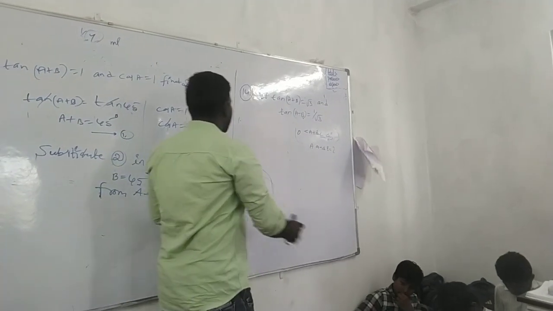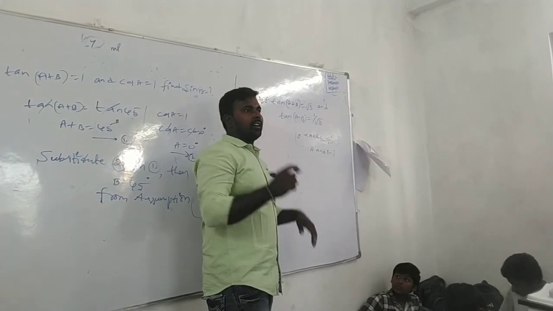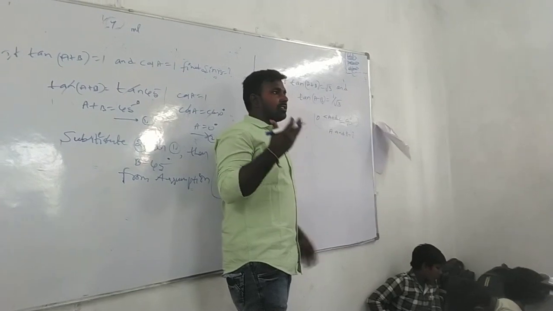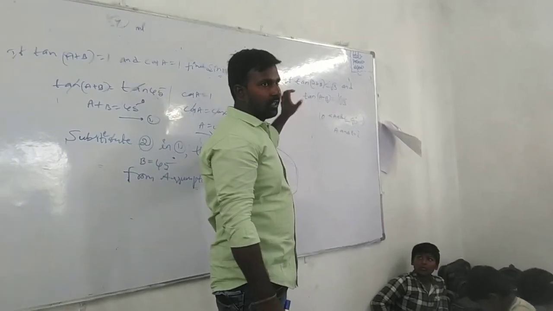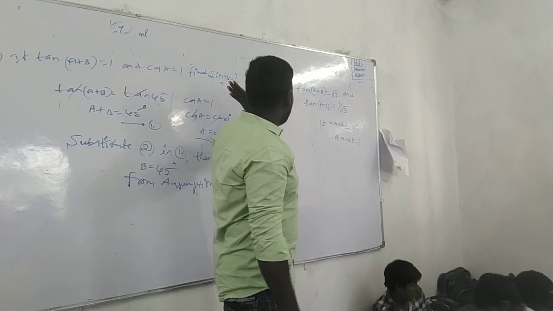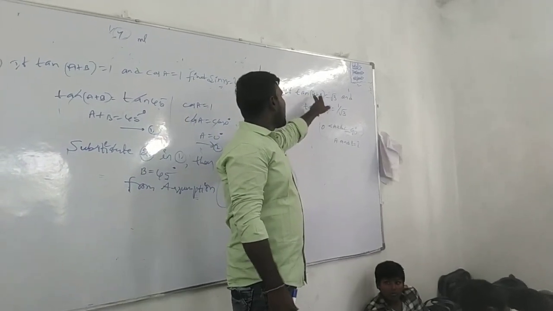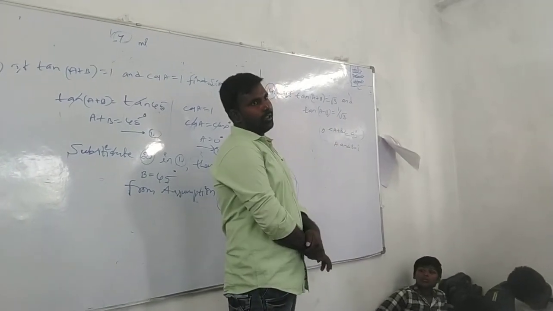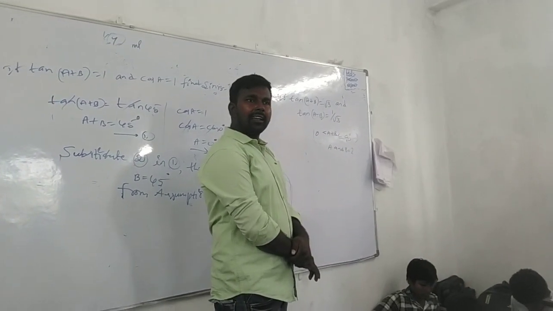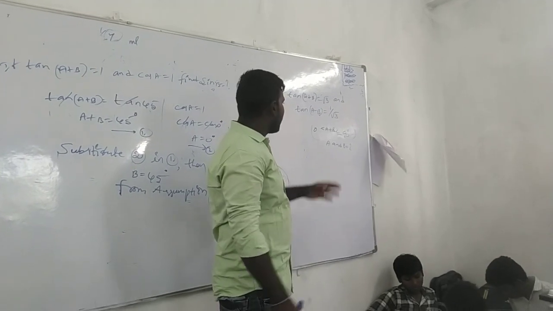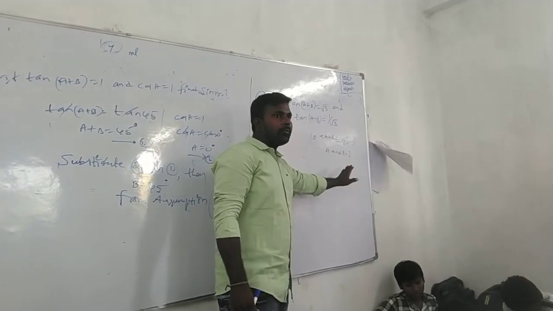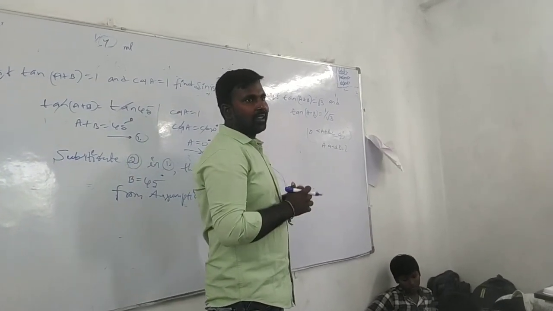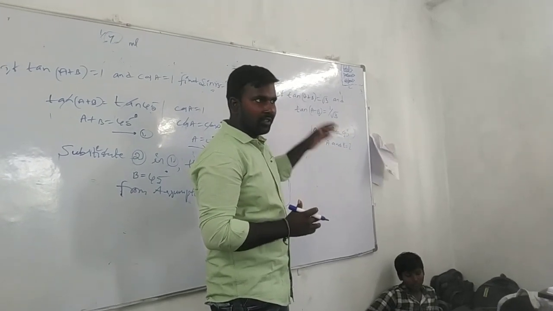Right now, we should find out similarly what we did in the 13th question. We found A plus B along with B. After the cancellation, we got the B value and subtracted it in the sine value. So we have tan of A plus B is equal to root 3, and again tan of A minus B is equal to 1 by root 3. But we should find out only A and B. Here we have A and B, which means we should add, it means plus. Understand?